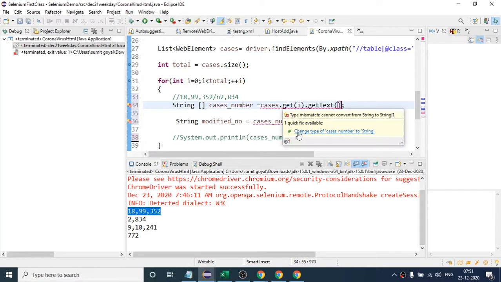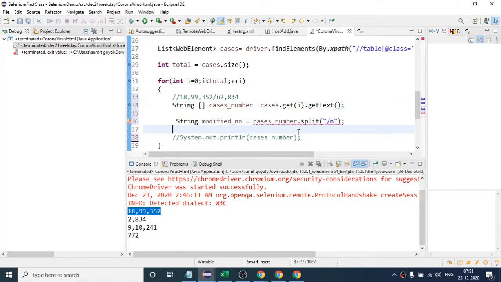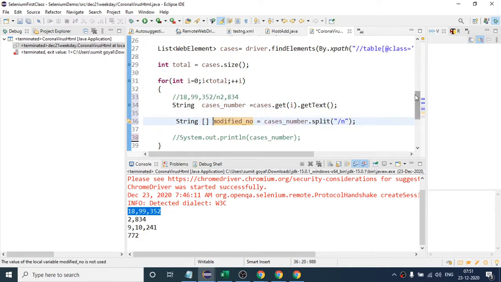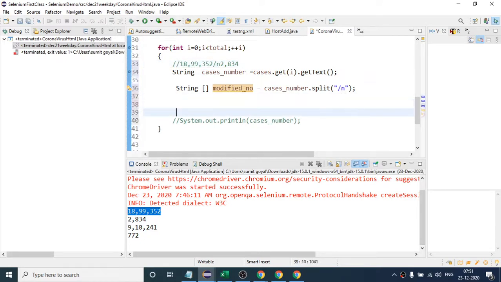If I click this, okay, not this one, I think I have modified the wrong one. Here I am not applying the method, here I am applying. So if I modify this, now this will give you two numbers. The first number will be present at index 0, the second at index 1. So as this is an array, I can write modified number of, I am interested in the first number, so this will actually give me the number. So I will write string first number.